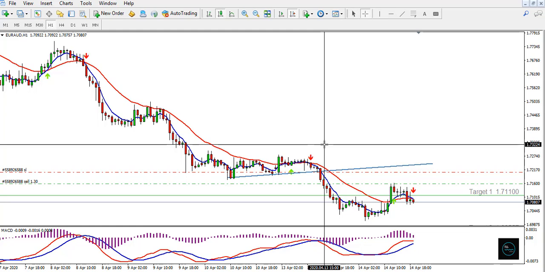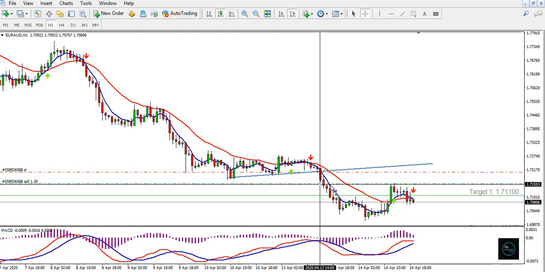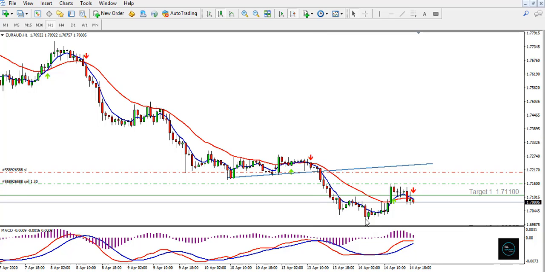And if we were to count the pips from where I got in to where the market moved to, it was about 146 pips. The market began to turn slightly in the morning, but I didn't know it was going to go this high. I assumed it was just going to meander around like this. But I got busy again, and then the market went up against me, came right to where I got